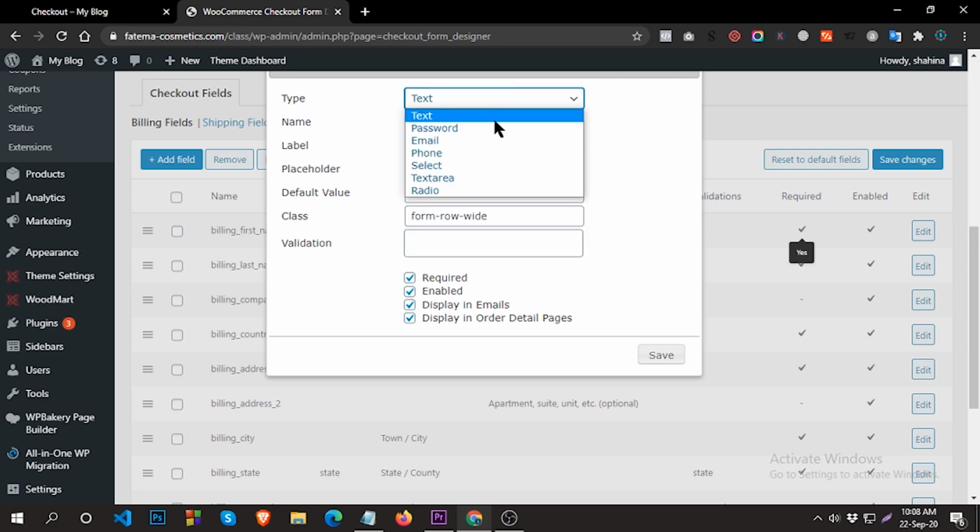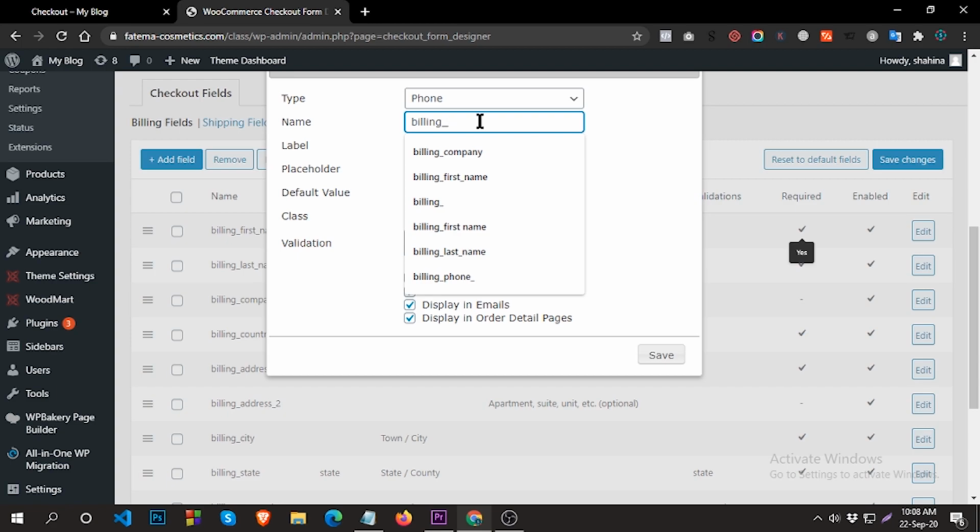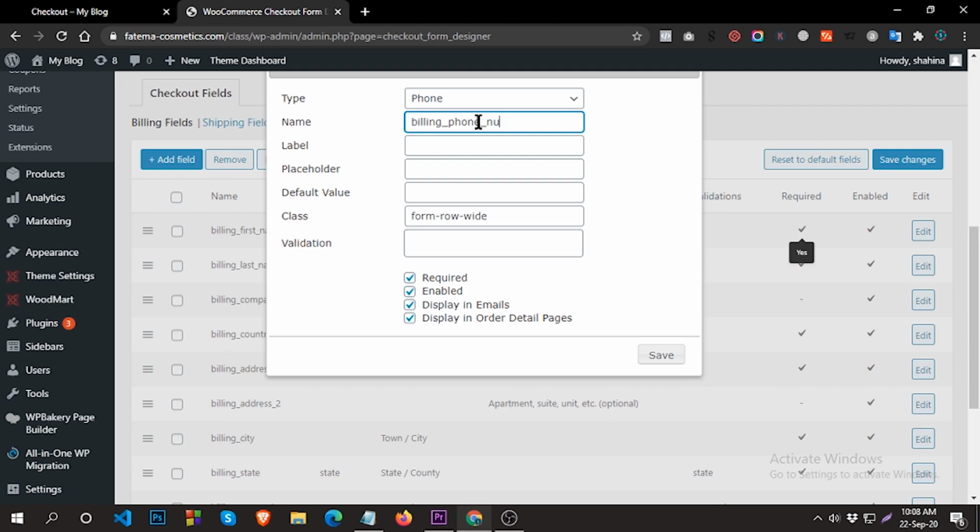If you select phone number, then write here phone number. One thing to keep in mind is that all the characters here must be lowercase and use an underscore, otherwise you will not be able to add the new field.